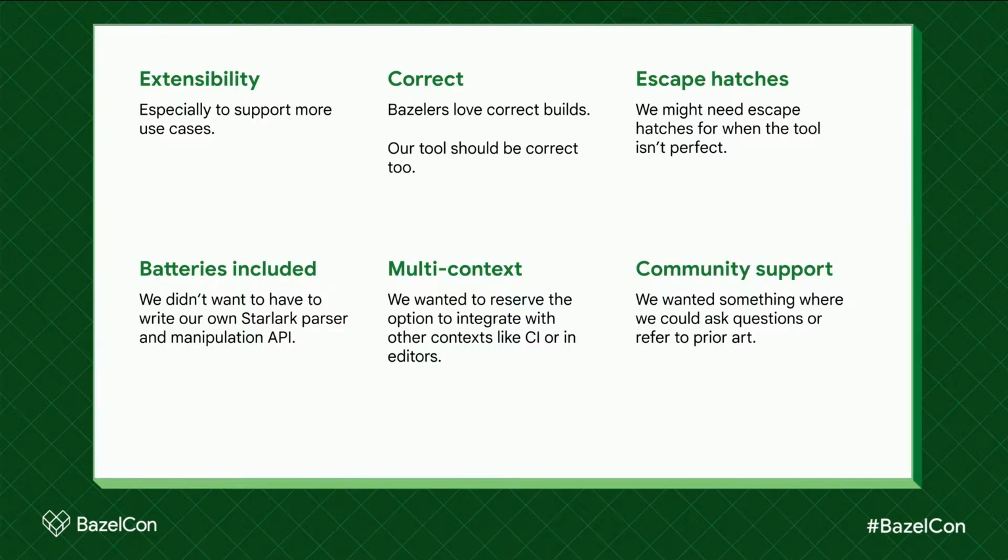Then we have a laundry list and a long tail of other requirements, things like we want it to be extensible. We want to potentially be able to run this in multiple contexts like continuous integration or remote dev boxes. And we wanted to have features to build on. So when I say things like escape hatches, I mean things like Gazelle directives or configuration. Batteries included was also a super nice thing to have. When we're manipulating build files, what we're doing is manipulating Starlark AST. Personally, I didn't want to have to write my own parser and AST. It sounds like a fun exercise, but having to maintain that in production is something else. So we wanted to choose something that had all this ready.